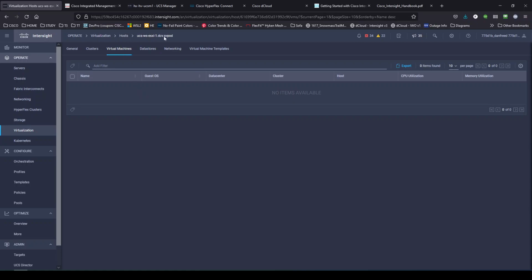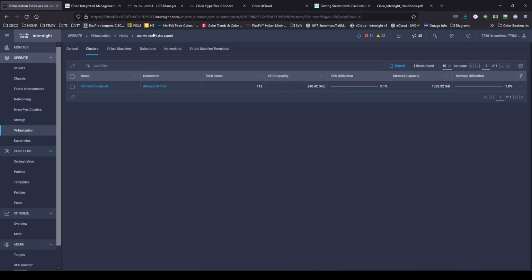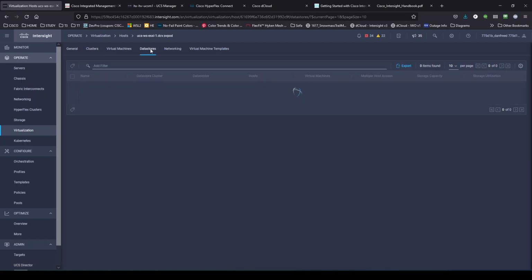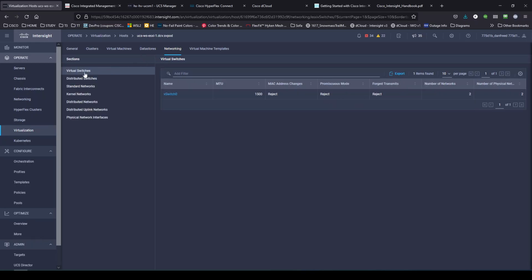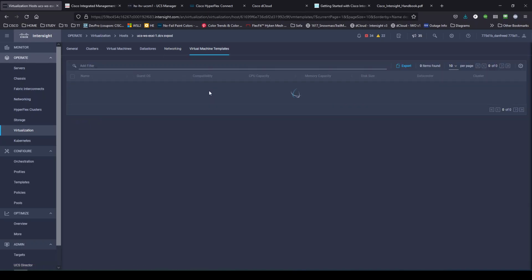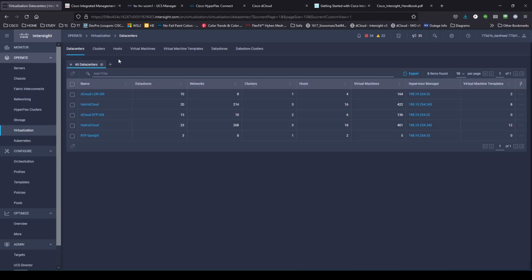And there's no virtual machines running on this host. But I can also see which cluster this host is a member of, and so in that way I can sort of navigate back to where I was. I can see data stores connected to this host. I can see networking connected to this host, including our standard and DV switches and so on and so forth, and then any virtual machine templates. All right, so going back to the beginning of virtualization,